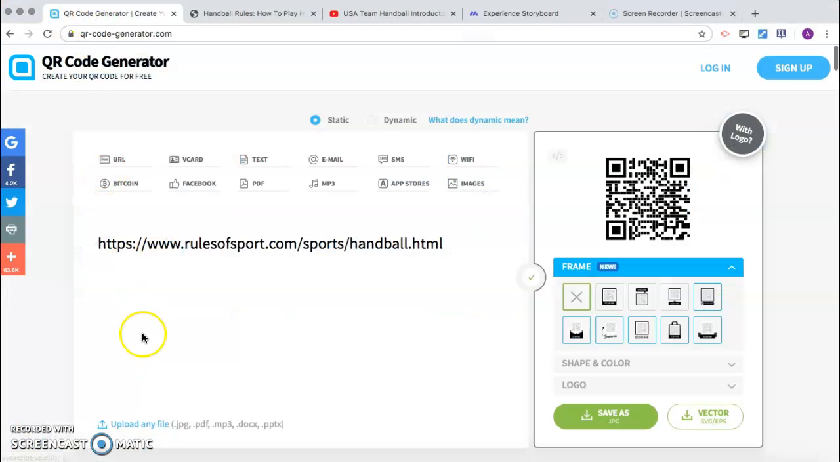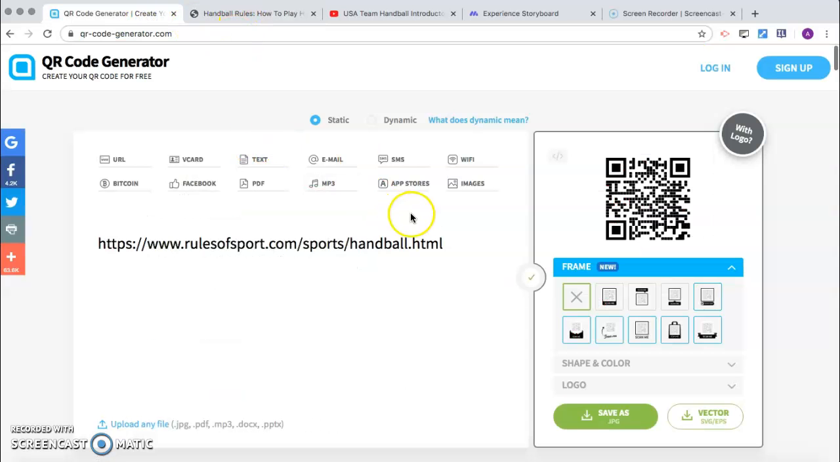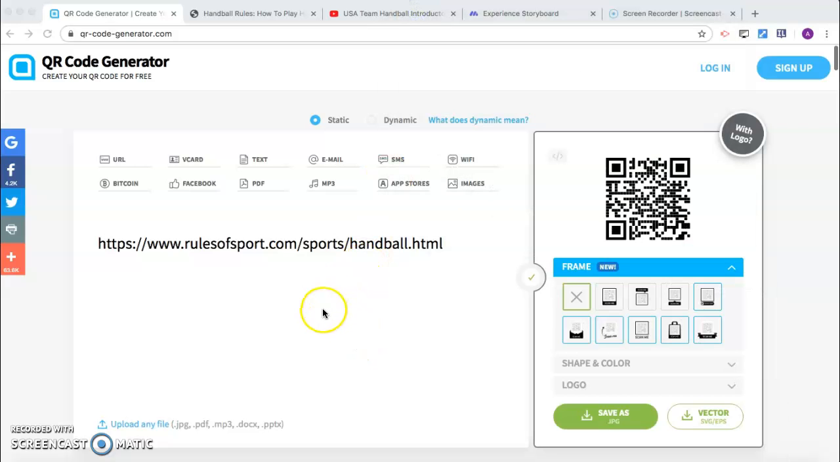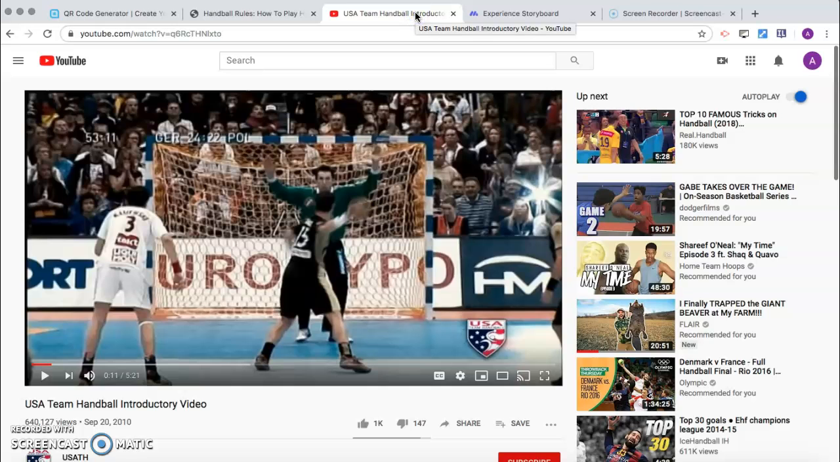The QR code generator, this is one I found. It's a quick and easy one to use. If you find a website, like in this case I found one on handball rules, you just copy the URL, you paste it into the box down here, and then you click the Save As button down here, and what you'll get is a QR code. I printed off several of these and placed them around the gym, and students were able to use their technological devices to scan the QR code, and it would bring up the website where they could review the rules as needed. I also provided a